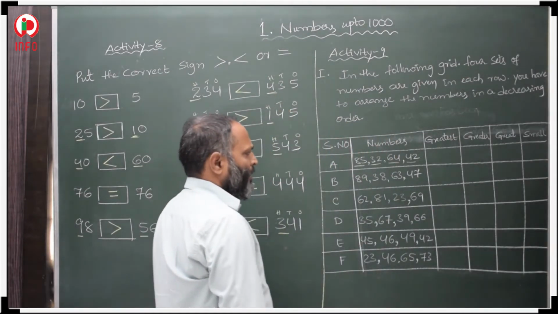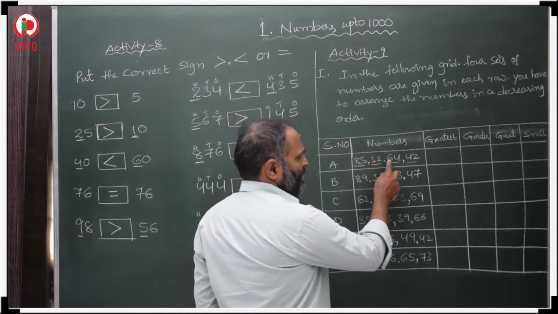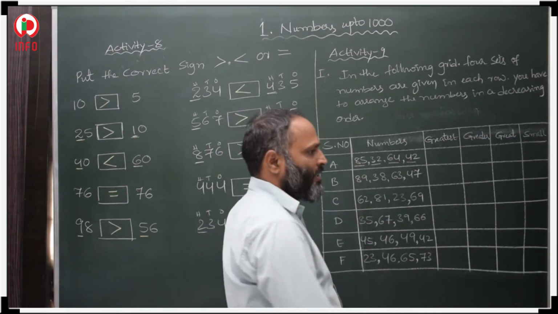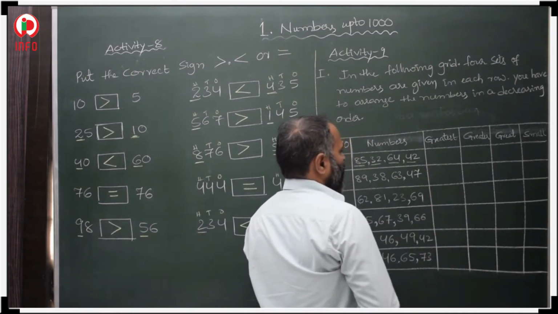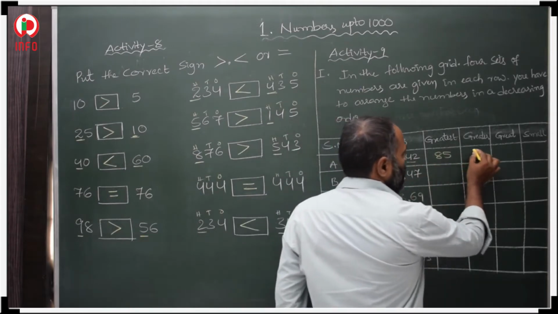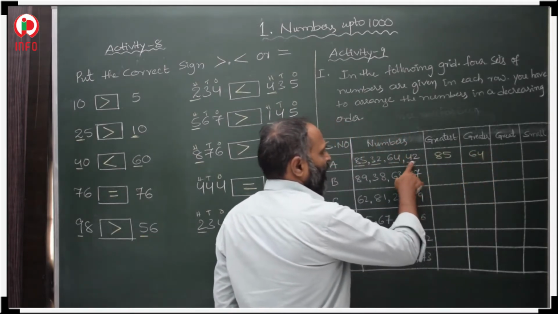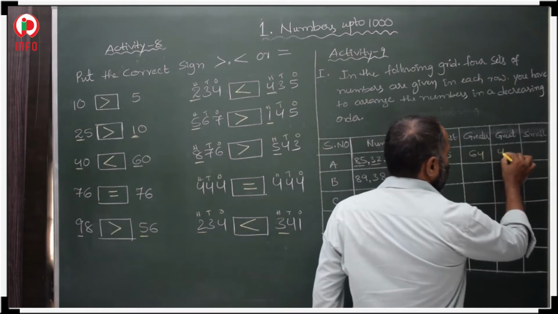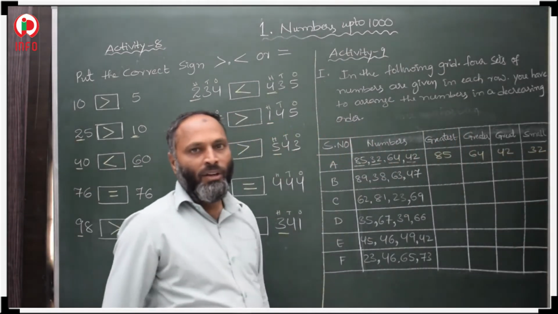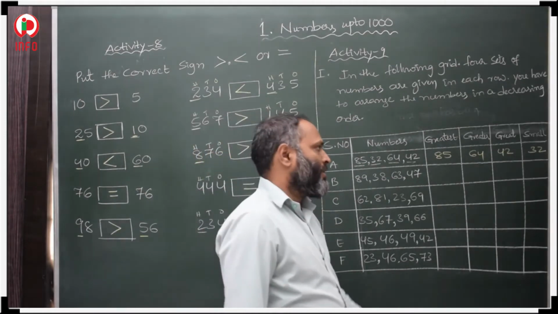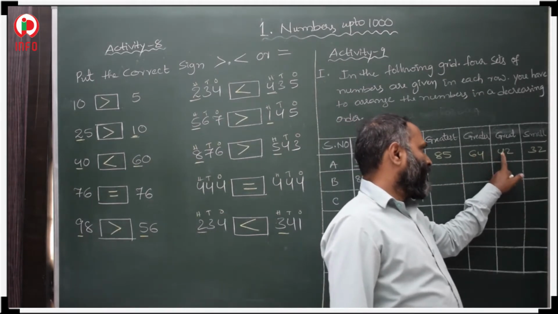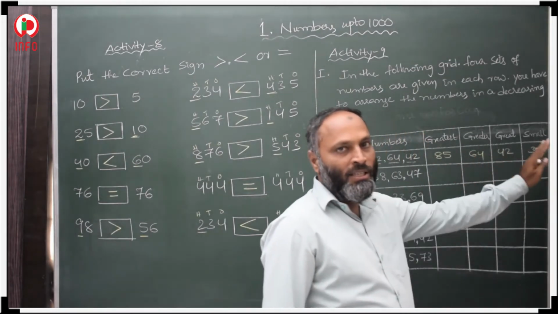First bigger number. Here 8, 3, 6, 4. In first one's tens place is 85. 85 is greatest number, and little bit smaller is 64 and great number is 42 and small number is 32. In this order we have to arrange. First here tens place 8, tens place 6, tens place 4, tens place 3. This is in descending order.